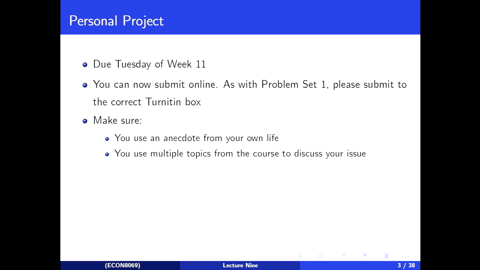You should be getting data, so you should be looking for data from around different places. That applies mainly to the macro section. For the macro section, data is really important. For the micro section, data is still useful. I've had a few people come to me in office hours and ask about this.